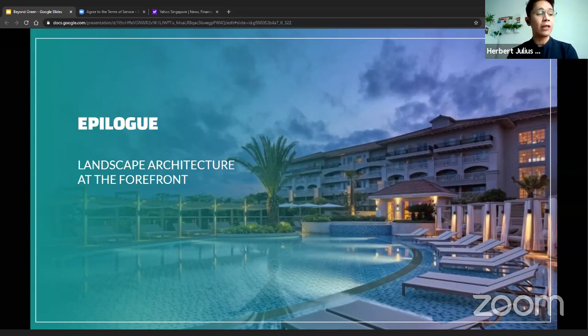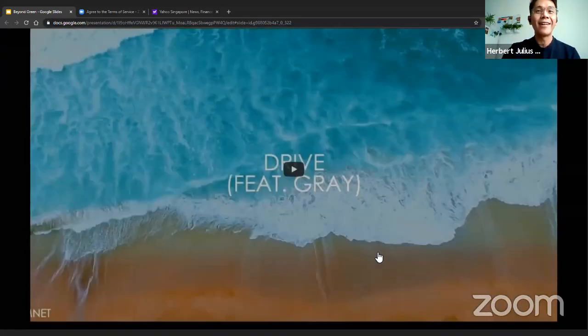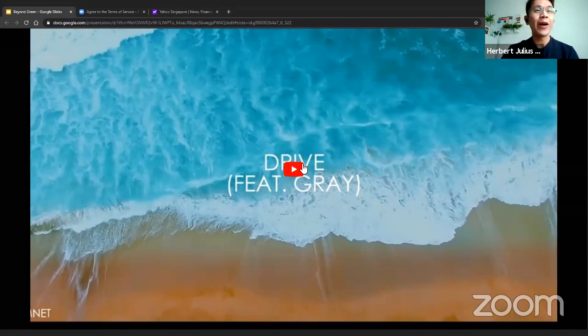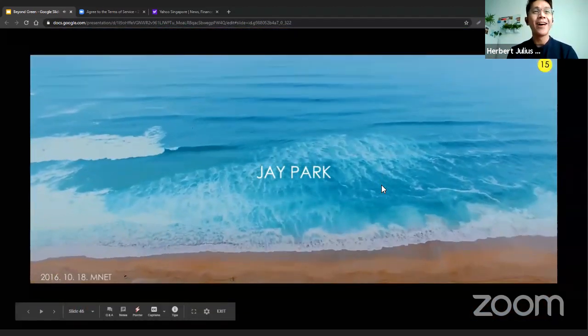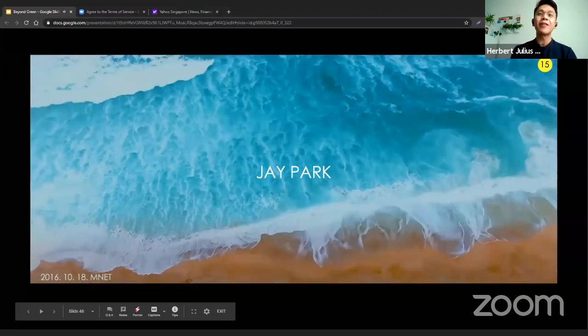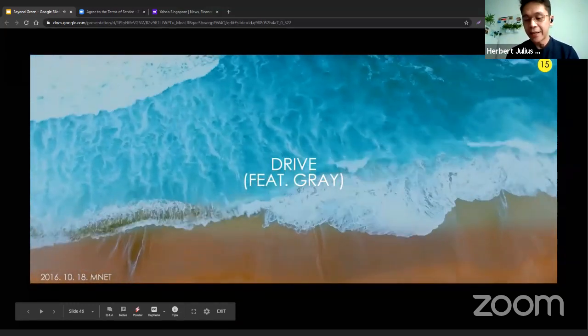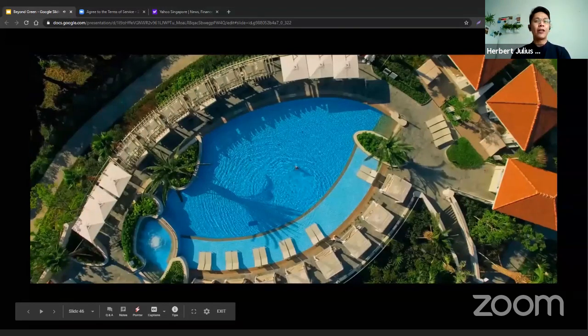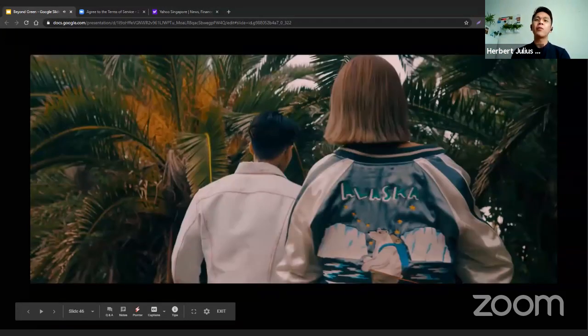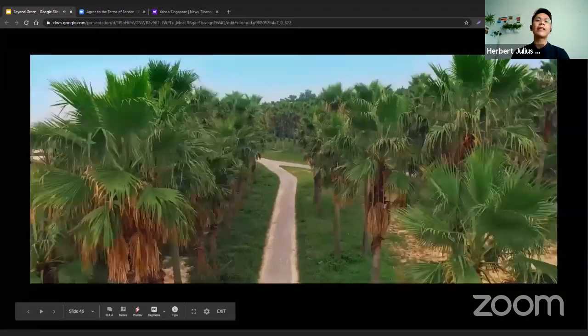And with all the answers and so on, he mentioned it was all about landscape. He said, not so much the facade of the building, not so much the interiors, but the outdoor experience. And when I knew this, one of my first swimming pools I designed made its way to K-pop; it was used as a backdrop for a music video. And if you see here, there's no hotel. It's all about landscape. It's all about the swimming pool. It's all about that experience.